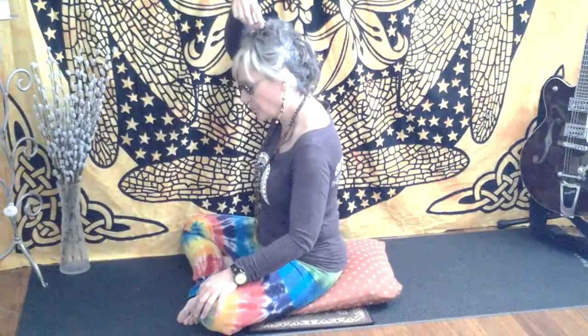What I do is imagine that I have a string on the crown of my head, and I gently pull up on that string, and this gives me the sensation that I'm lifting and lengthening my whole spine from the bottom to the top. A nice elongation, a nice lengthening. After you feel this sensation, you want to notice what your shoulders are doing. You can lengthen the spine and still have the shoulders forward like this because of chronic tension in those shoulders. So when I lengthen my spine, I then usually start rolling my shoulders, whether it's one at a time or simultaneously, doesn't matter, just to relax them a little bit